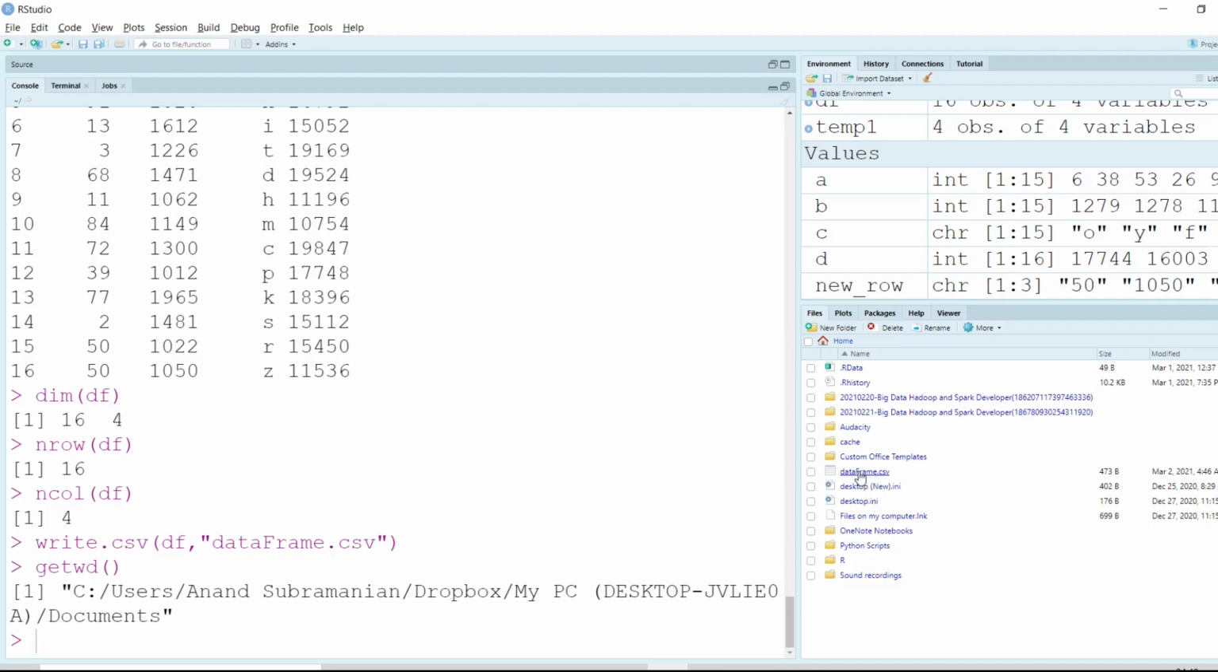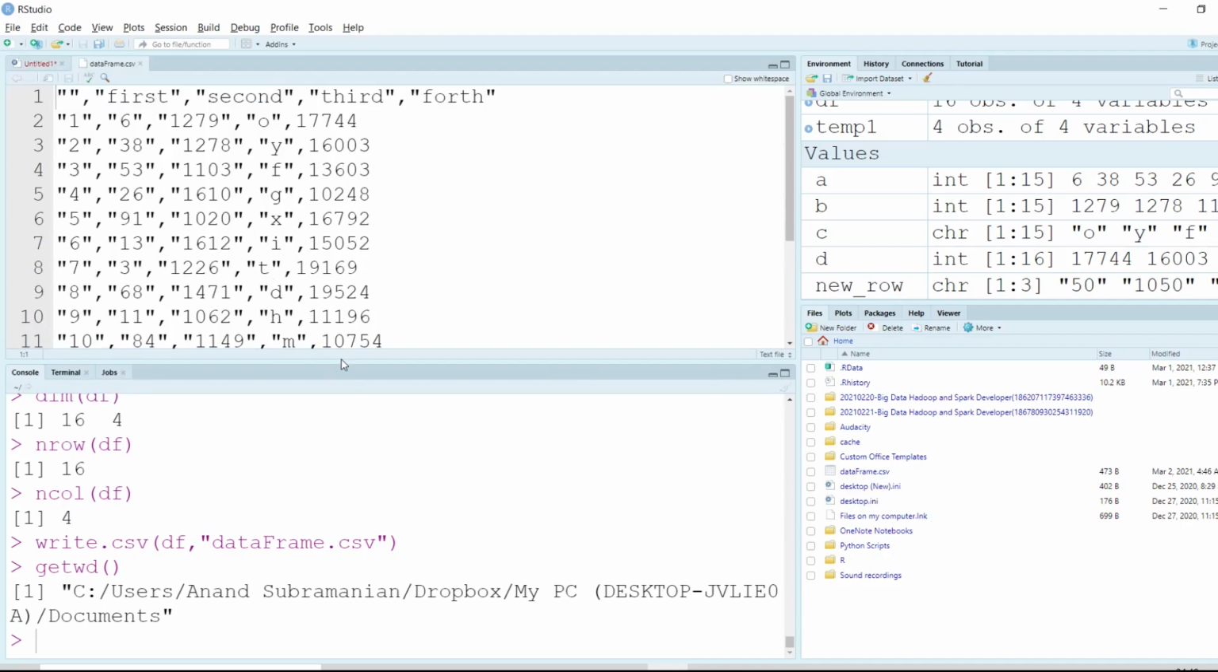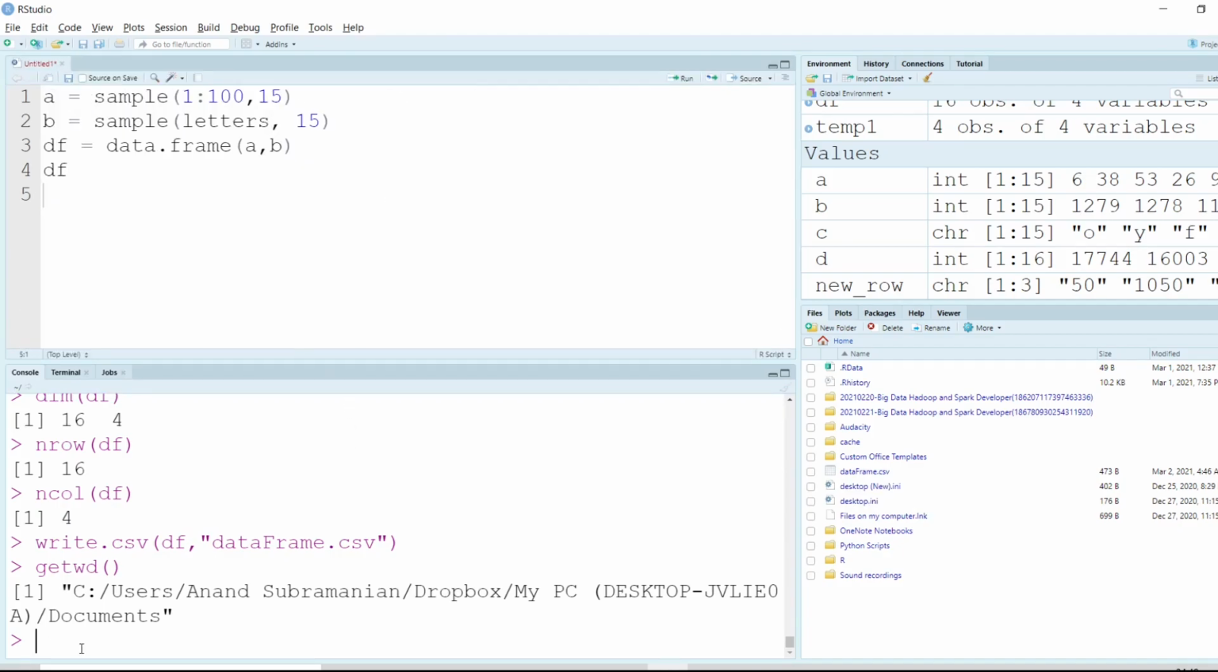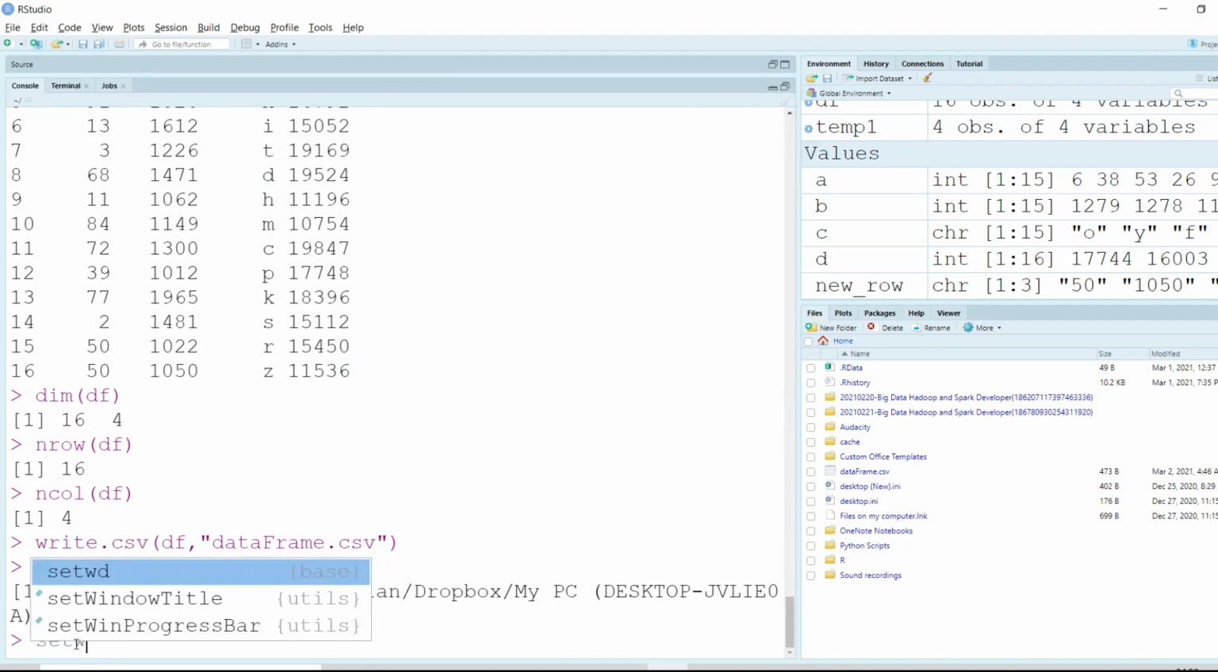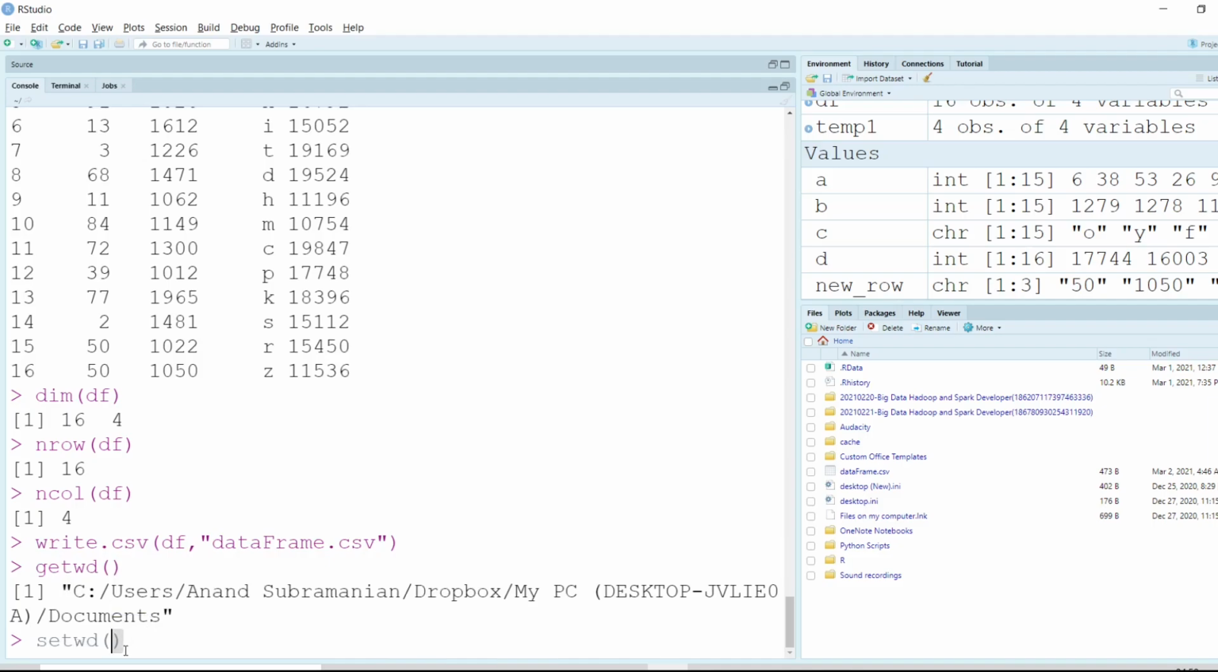If I click on the data frame here and click on view file, the file gets displayed here. Okay, now if I want to change the directory of this particular data frame, how can I do that? So just like we have the get working directory, I can also create the set working directory. So setwd, and now here if I want to pass the directory where I want to save this file,